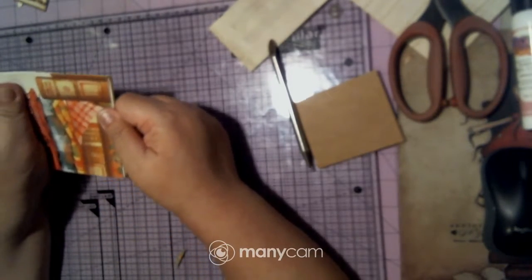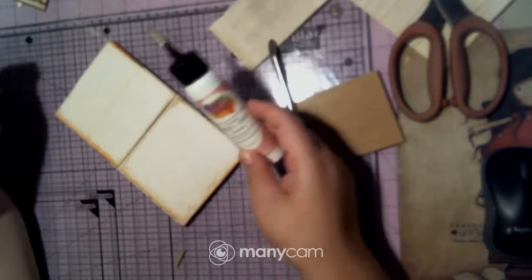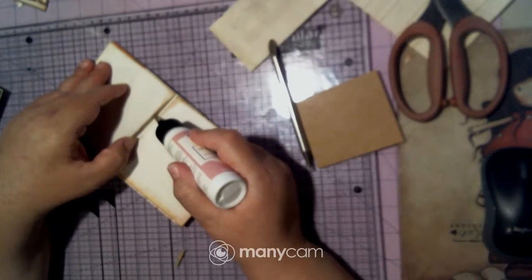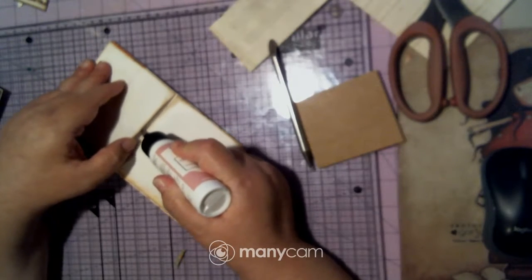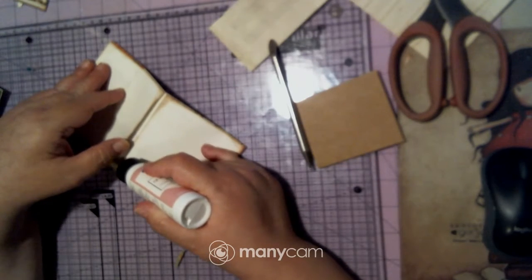Okay, so I don't close up these. I guess I could, because it's kind of silly I don't, and I always say that it's kind of silly you don't. I just like to make sure my tag